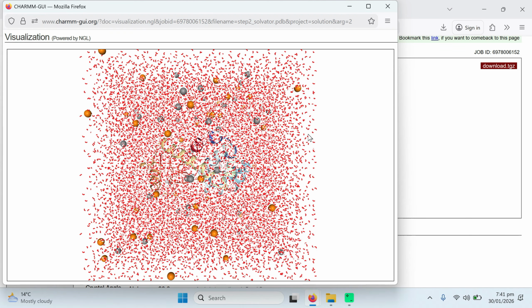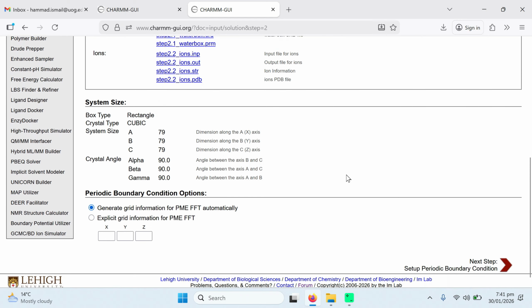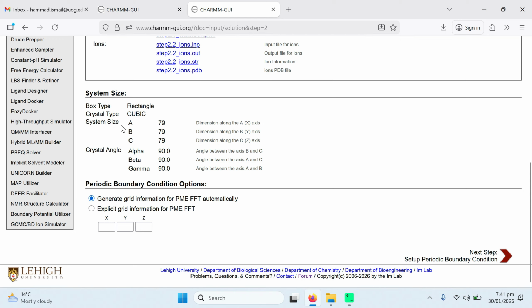After these are basically the solvator step, the previous step. You can see this is our protein and this is our ligand. In the ligand, these are basically potassium and chloride ions, and these are the water molecules, and this one is only the water box. So after completing this step, the system says that there is a system A, B, C, 79